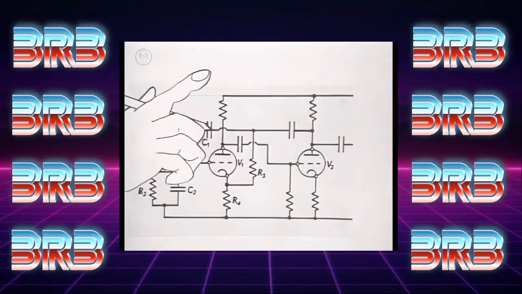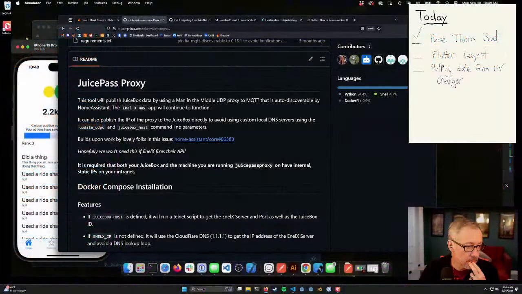The man who designed much of the practical circuitry for AM radio was